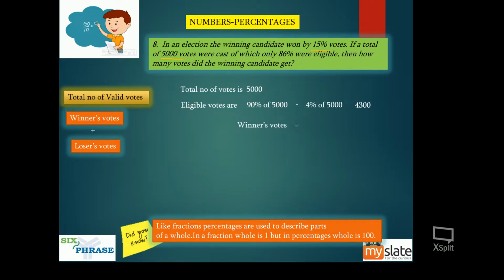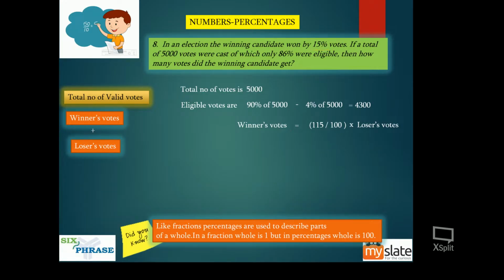Now winners votes will be 15 percentage of losers votes. Now what did I tell you? This 15 percentage means if you increase losers vote by 15 percentage, you get what? Winners votes. Yes, this is 40, guys. You increase this by 50 percentage, you got 60, right? How do you increase it by 50 percent? 150 by 100. Here it is 15 percentage, so 115 by 100. So you are increasing the losers vote by the percentage that is being mentioned here. Now you understand why I have written this.